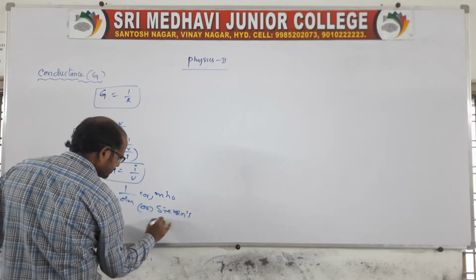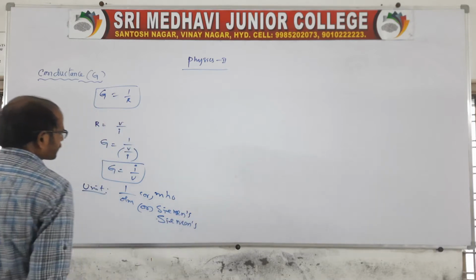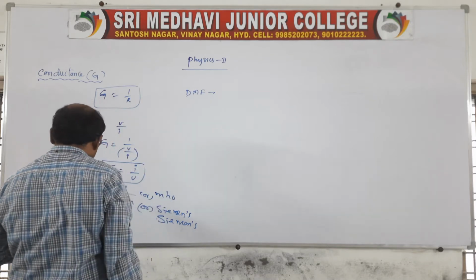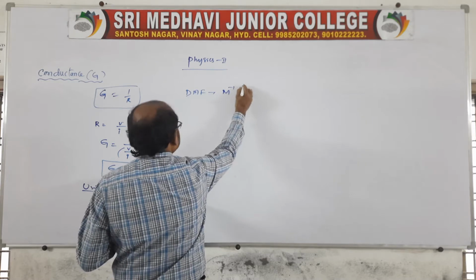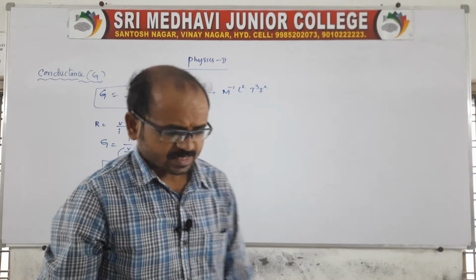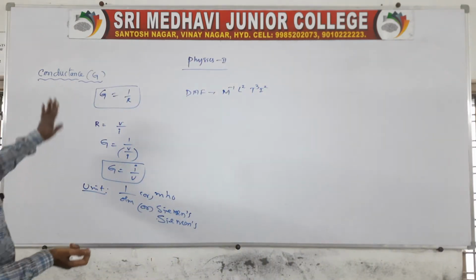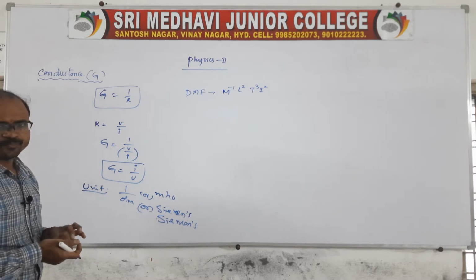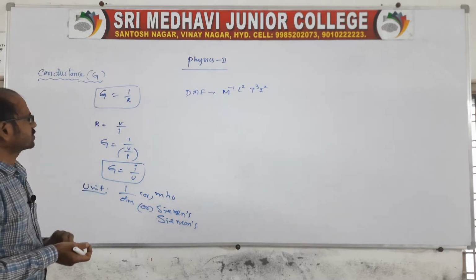Siemens. And the dimensional formula is the reciprocal. Resistance is the opposite, so it is M power minus 1, L power minus 2, T cube and I power 2. So this is related to conductance. Conductance is the substance which conducts the electric current, opposite to resistance. So the reciprocal of resistance we can call conductance.